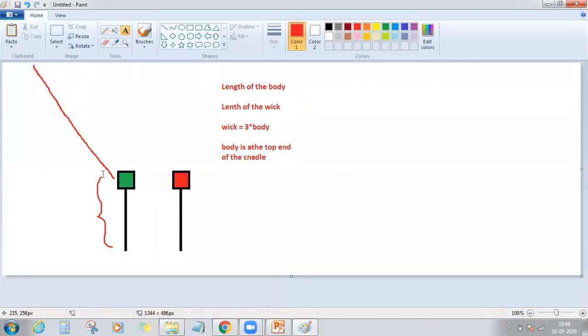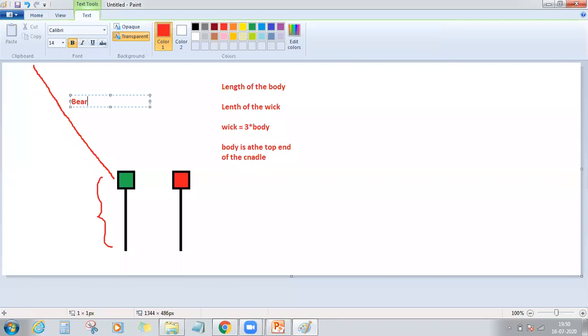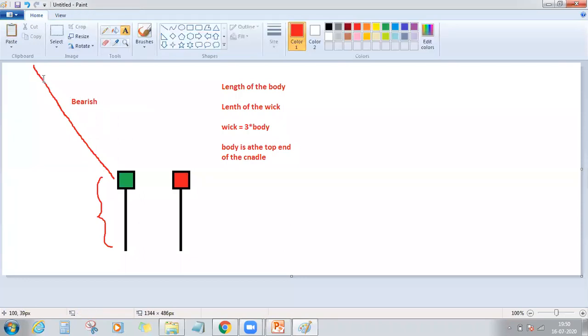What is actually happening on this day? First, when you consider any candlestick pattern from now on, we will not only look at the price action that happened on that particular day or in that time interval, but we will also look at what the price action was prior to that candle. Was it bearish or was it bullish? So here the prior price action was clearly bearish. Every day or in every time interval, bears were so strong, and this led to the fall in stock prices.